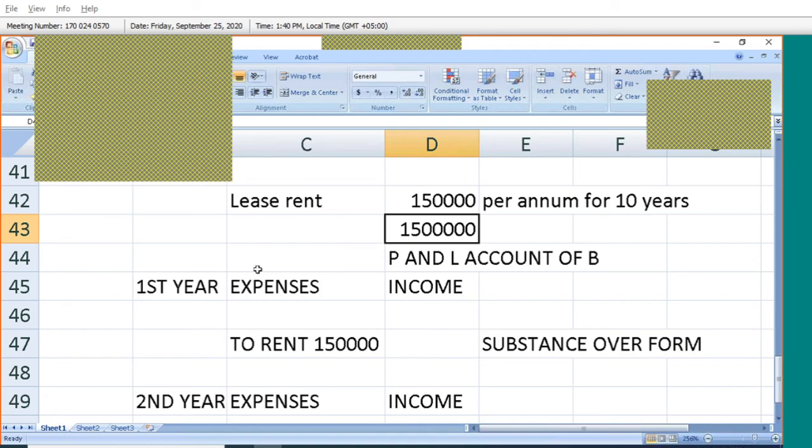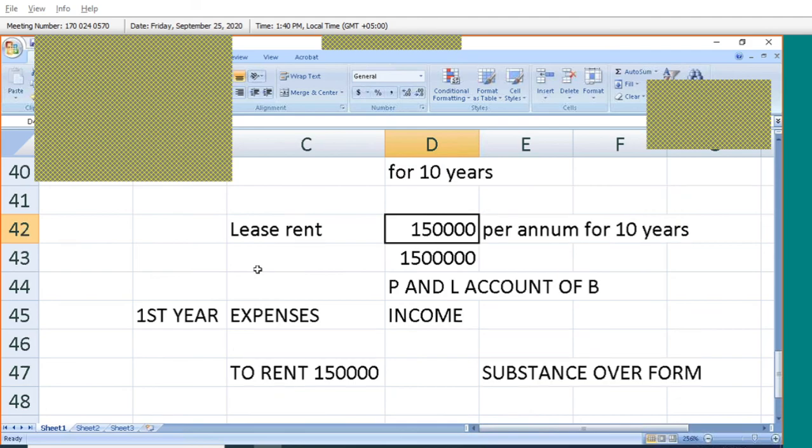So usage is done by B, and the payment made by B is more than the price of the asset. The life of the asset is 10 years, and the lease agreement is also 10 years. Practically, B is using that asset, not A. A only bought the asset and gave it on lease to B. Job is over. And he is collecting money from B, which is more than the price of the asset. Okay?